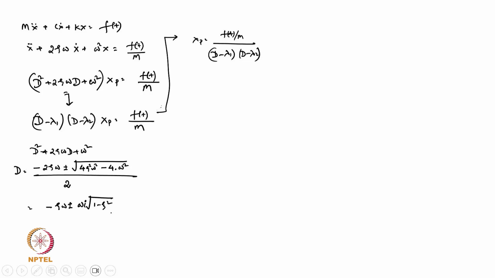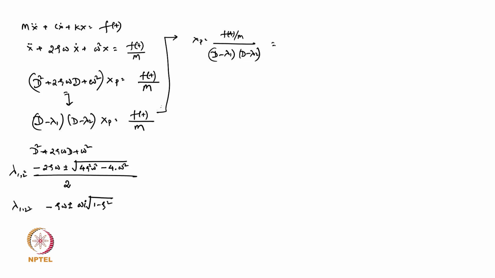So that will become my D. So a1 and a2 we can place accordingly and we will get lambda 1 and lambda 2, lambda 1 comma 2. One will be with plus and another with minus. So we can get that, and once we get this one, we can represent it